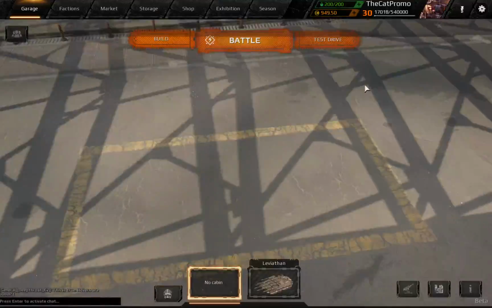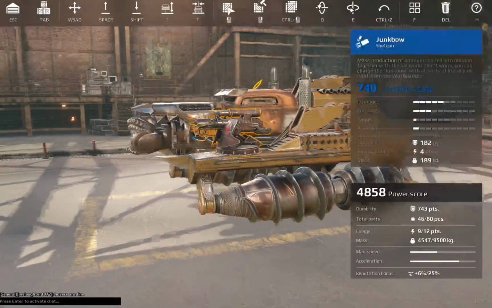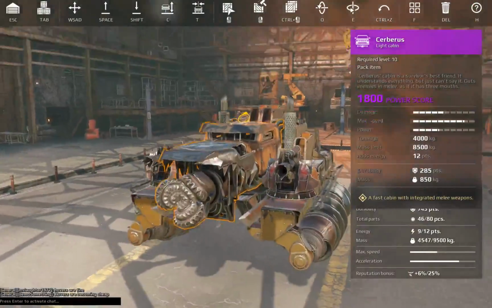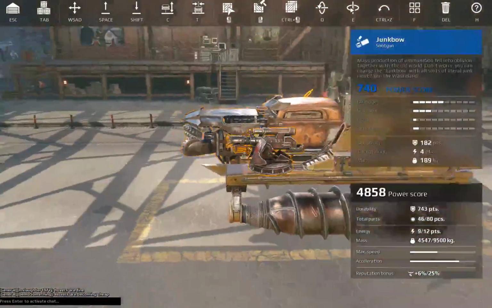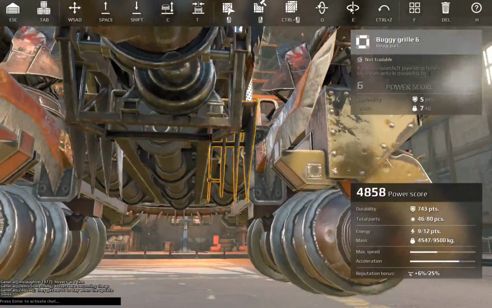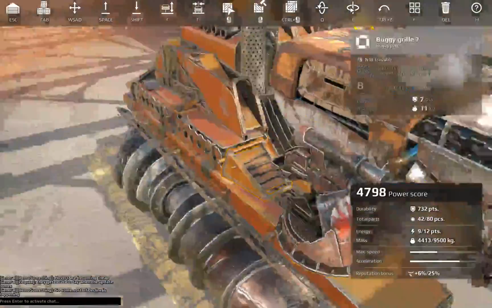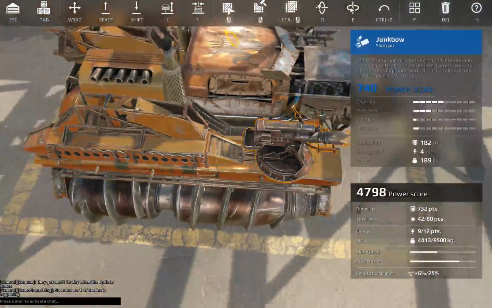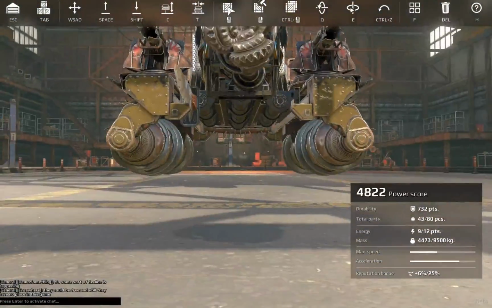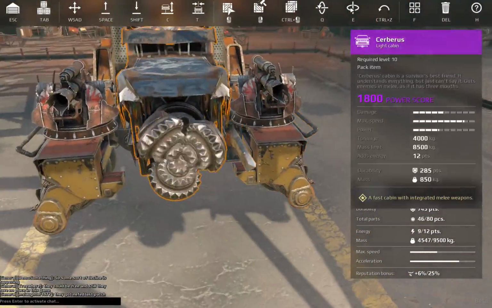So I'm just gonna load it back up, and I'm gonna actually just rework it, because I'm not really a fan of how it performs, how it is, like 5,000 power score. I'm not a fan of that. So we're gonna remove these hatchets and melee weapons. Actually, I'm just gonna stick to the part limit here. So we're just gonna put them all right here